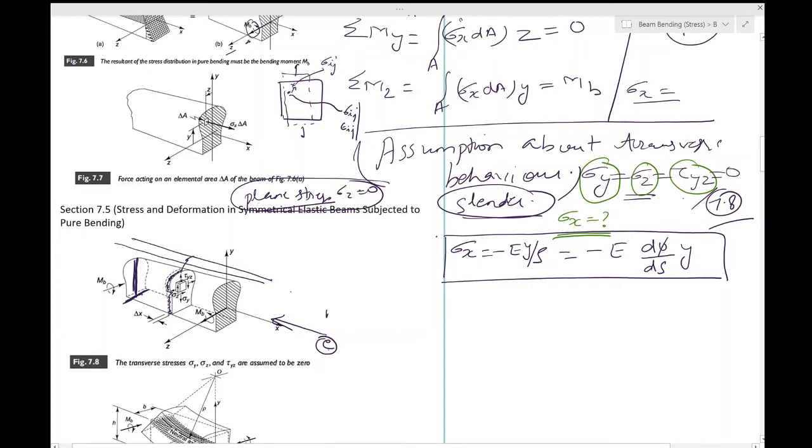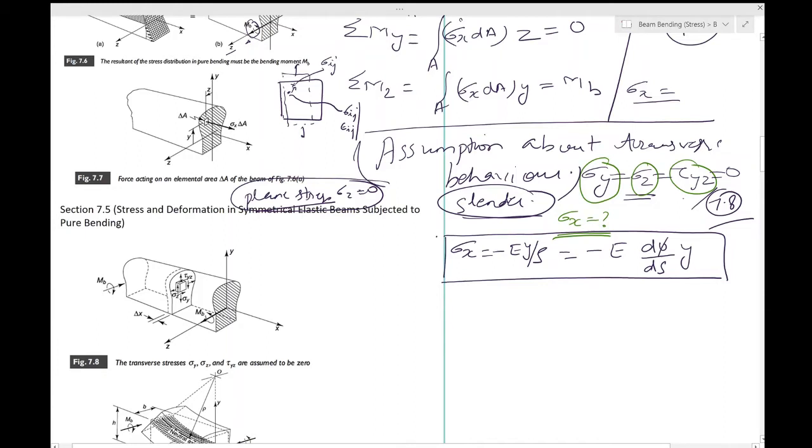If the shear force over here was 0, please don't assume that there would be no shear stress in the interior for this bending. That won't be happening, because the same logic will not apply then,